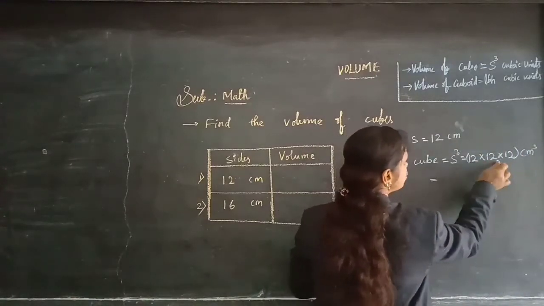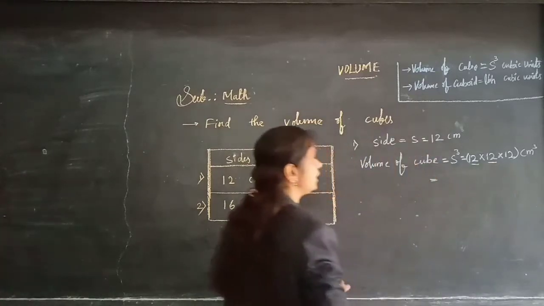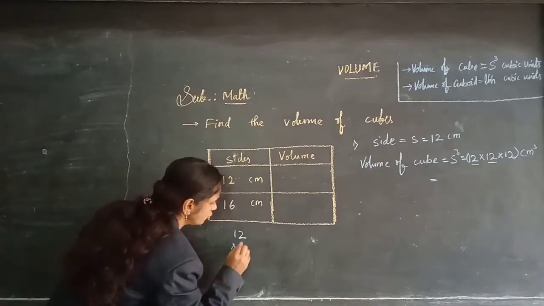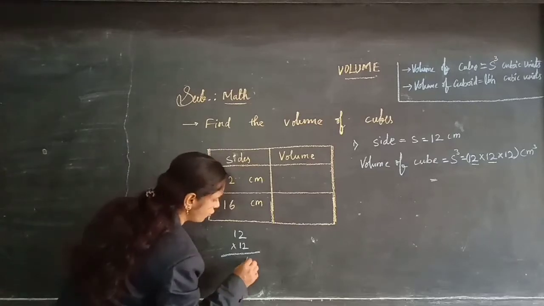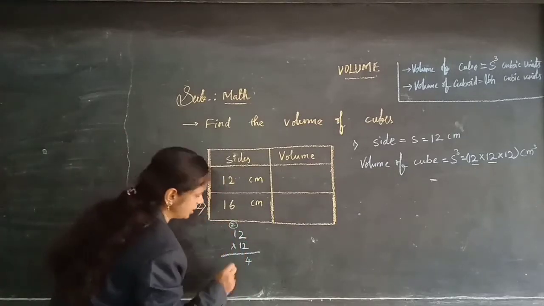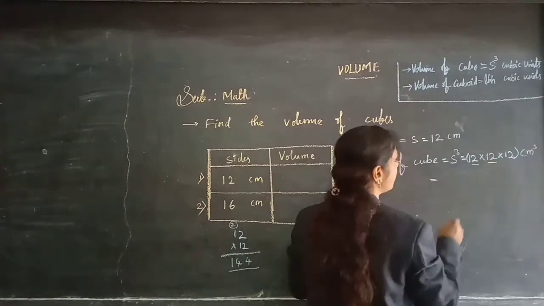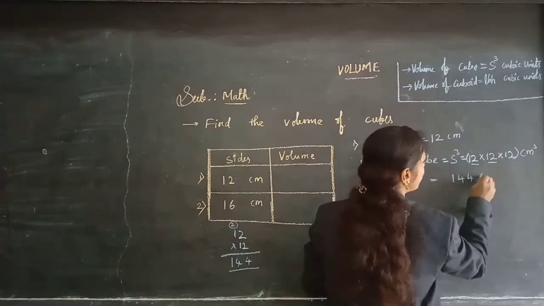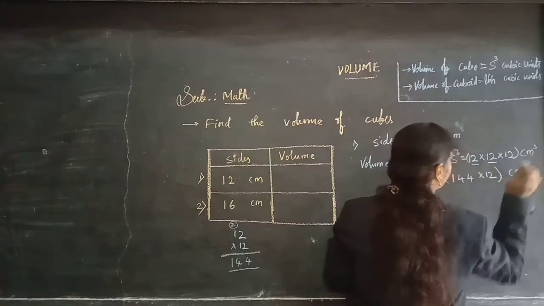Now let's multiply 12 into 12. First I am multiplying these two numbers. 12 into 12. Have a look here. 12 twos are 24, 4 and 2 carry. 12 ones are 12, 12 plus 2 is 14. So 12 into 12 when I am multiplying two times I am getting 144, and still one more 12 is left, children. I am multiplying here, centimeter cube.